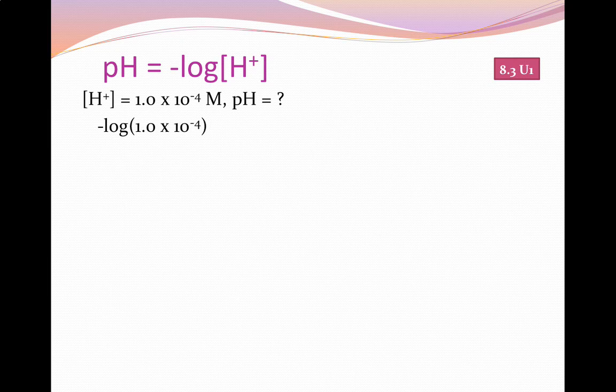If it's a TI 30XA, this black one on the top is the one that you're going to use. So it would be 1.0, the EE button, the plus or minus button, log, and then the plus or minus button again. If you have a TI 30X2S, you would do the negative sign, it's not subtraction, negative sign, log,